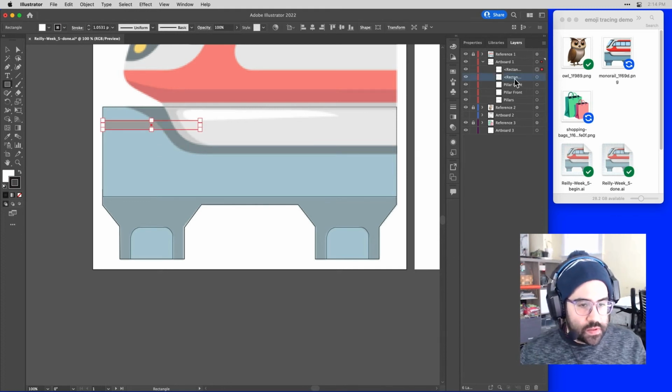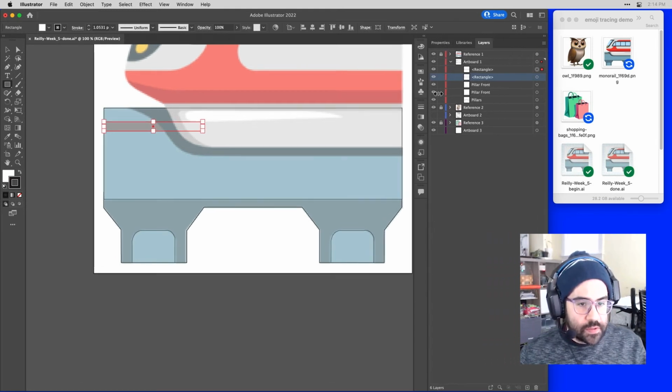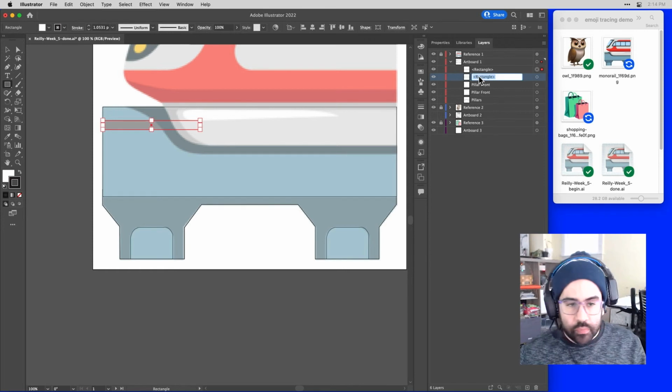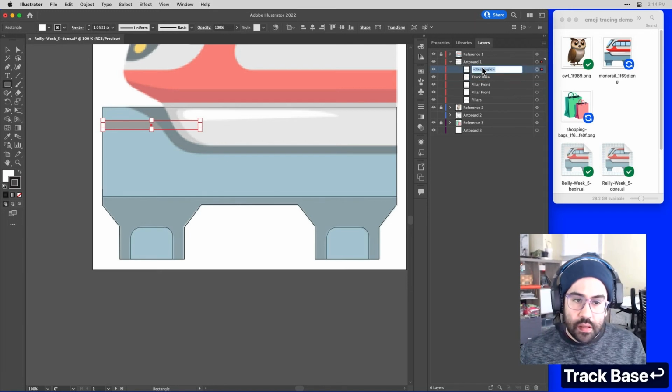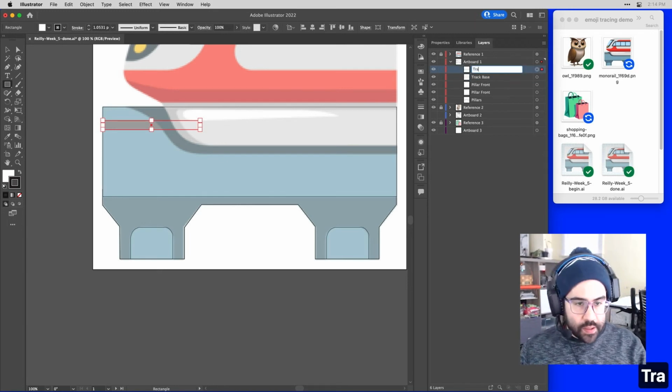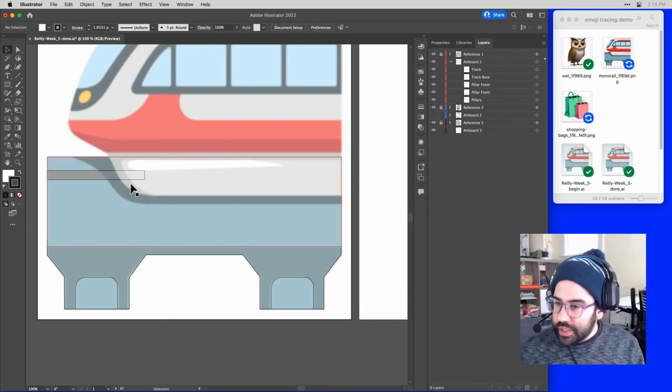Let's make sure that we're still labeling our layers here. I'm going to expand my layers panel a little bit so I can see. So let's call this track base. And then the smaller rectangle, let's call track. All right, so our next shape